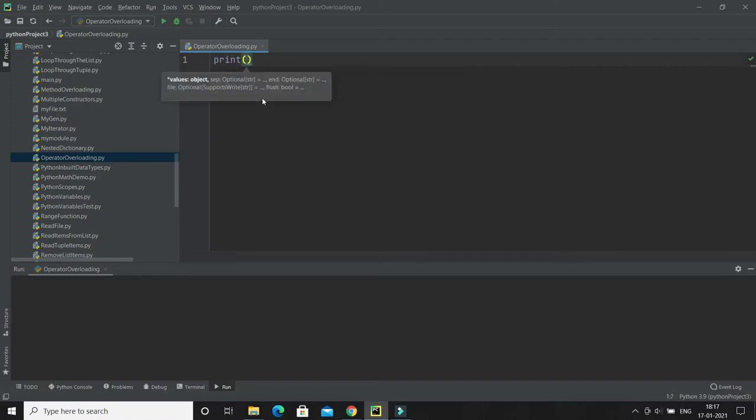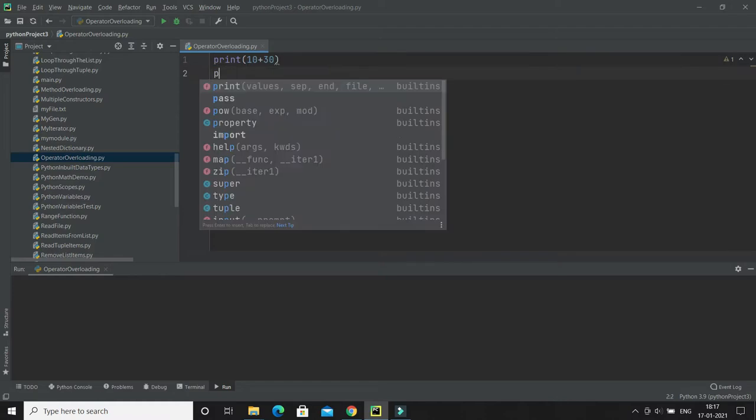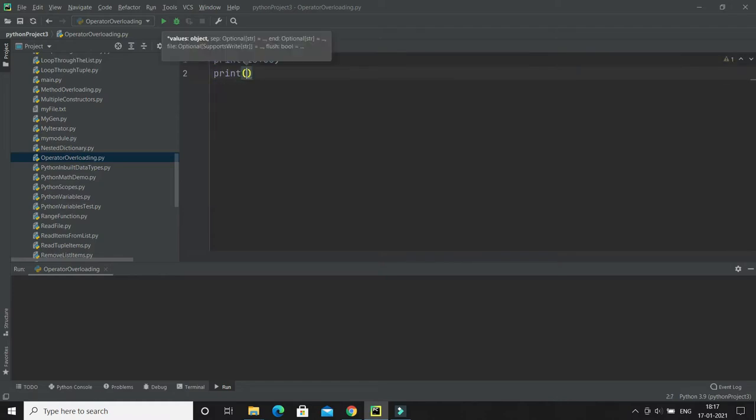So here I am going to use the plus operator. First of all, I'm going to add two numbers, then perform it inside the print operation. Now I'm specifying two strings: Hello, and the second is world, with a plus between them. So here these two operands are strings but the operator is plus. Here these two operands are numbers but the operator is plus, right?